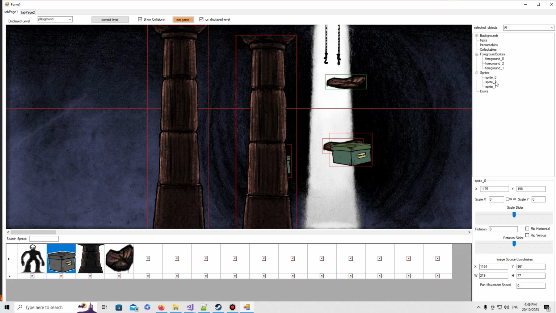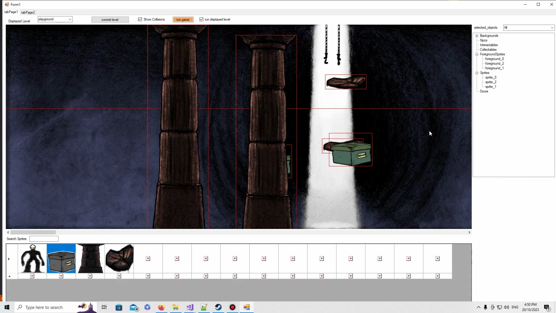Doesn't work. It works with the sprites here in the viewport, but doesn't work here, unfortunately, because we've only got a function for the foreground sprites. So what I have to do here is detect what tree node we're under. We already have some information about the tree node, and we have to grab that information relating to the parent node. So for example, sprites, and say, okay, we're moving something in sprites, switch to sprite objects. Okay, we're moving something on the foreground, switch to foreground objects, right? So we got the foreground objects working, and now we need to get the sprites,